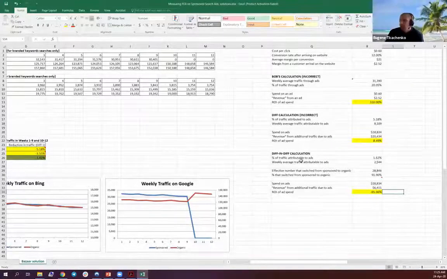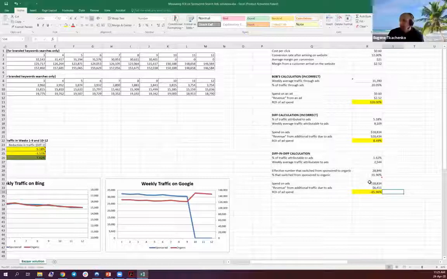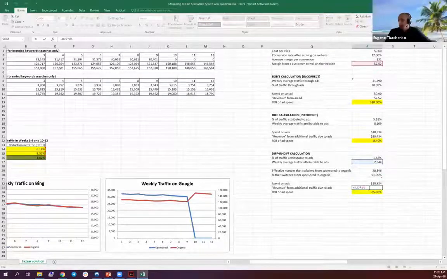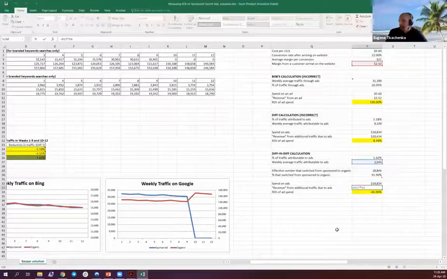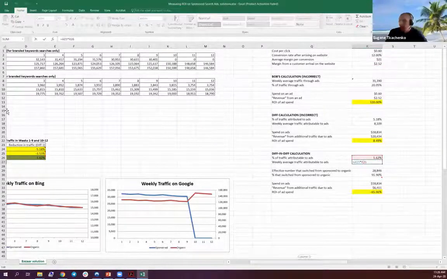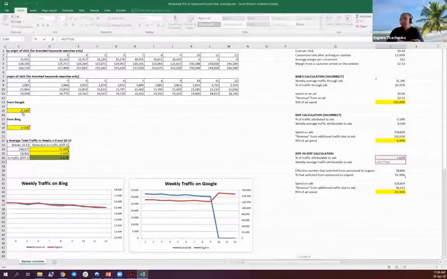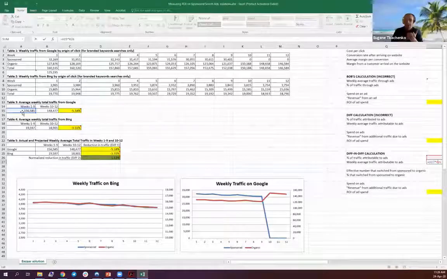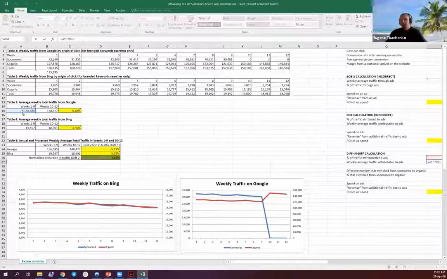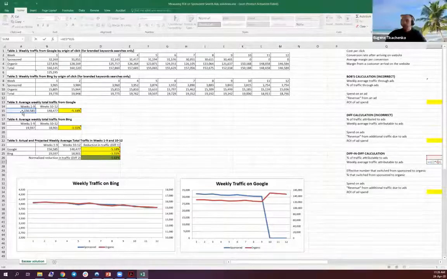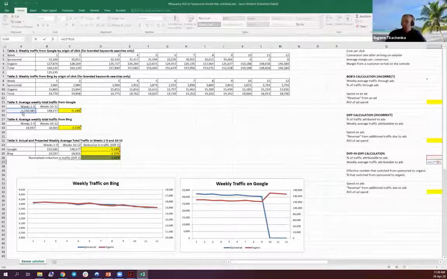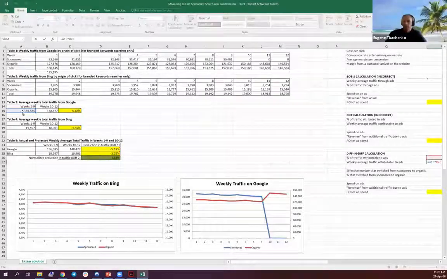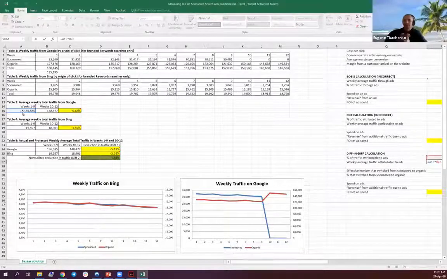So basically, if we look at the actual calculations here, you see the weekly average traffic attributed to ads. We were taking into consideration weeks 1 to 9, and the reason being that we weren't able to clearly define the traffic for weeks 10, 11, and 12 because of a glitch in the system. So again, the right way of doing this, according to the book, is just following whatever available numbers are at our disposal. So this would be this kind of progression.